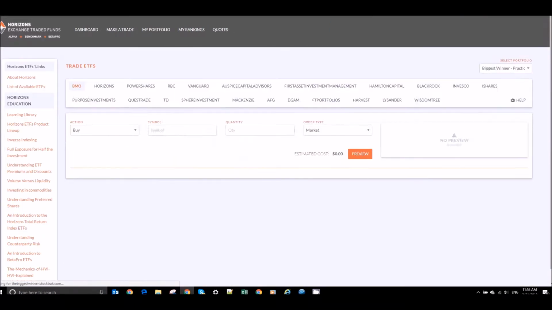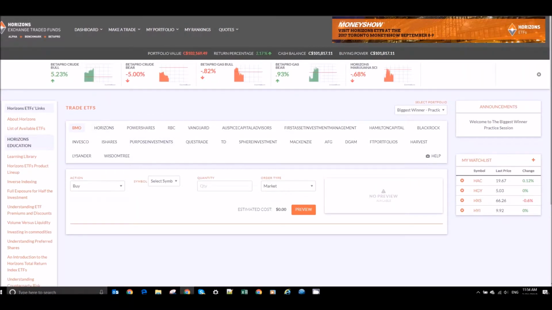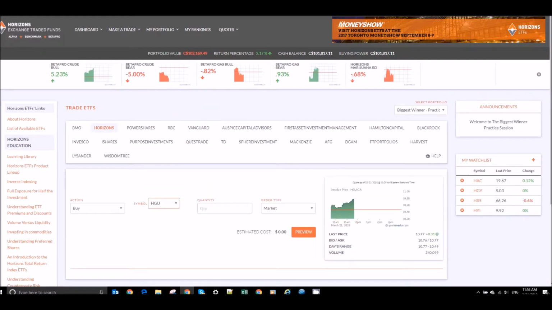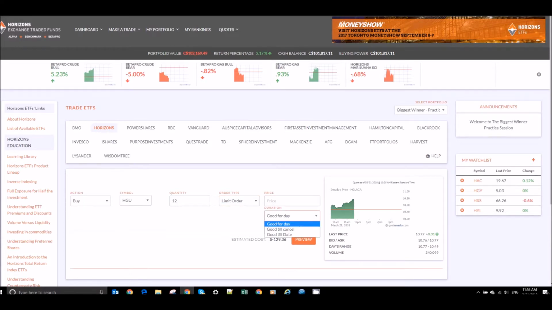You can also place stop and limit orders for ETFs on this platform. Again, just select the ETF you'd like to trade, enter the quantity, and then change the order type from market order to limit order, stop order, or trailing stop order. This will let you put in a limit price and an order duration, whether you want it to be good